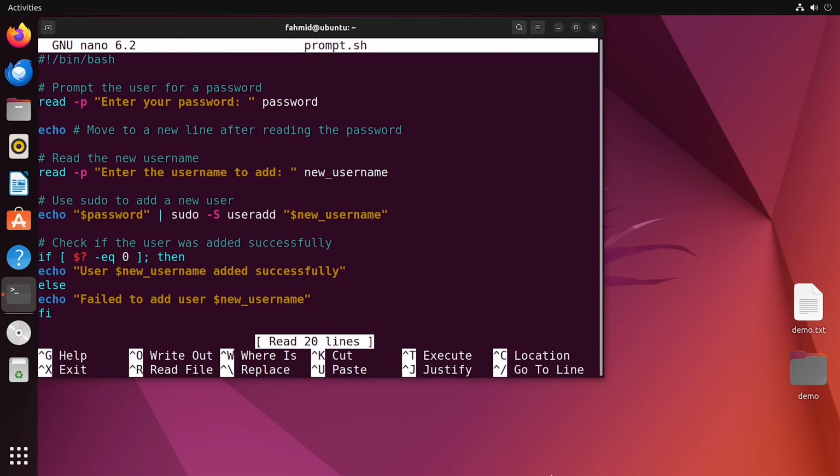Here I have started with the shebang line as usual. Then I have taken a user prompt, which will ask the user to enter his or her password. Next I have written an echo statement to move to the next line in the terminal. Then I have taken another user prompt, which is the username from the user, and next it will print the password in the terminal, and followed by that it will add the new user in the Linux system using the